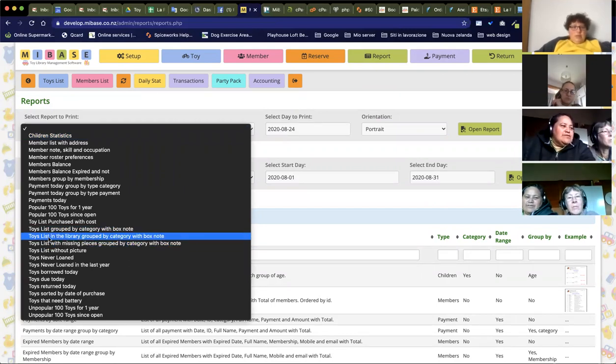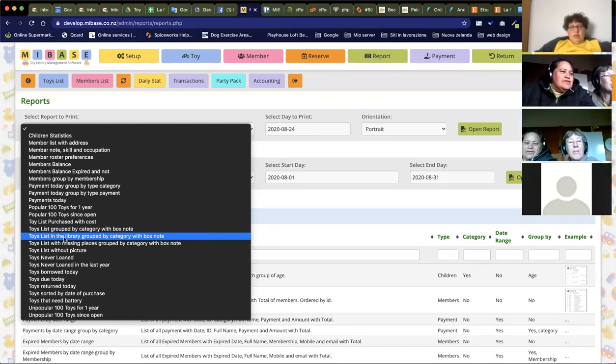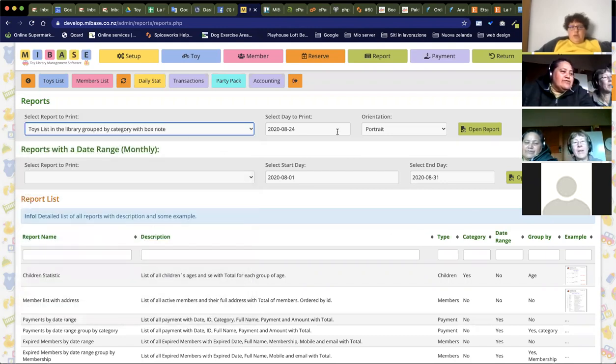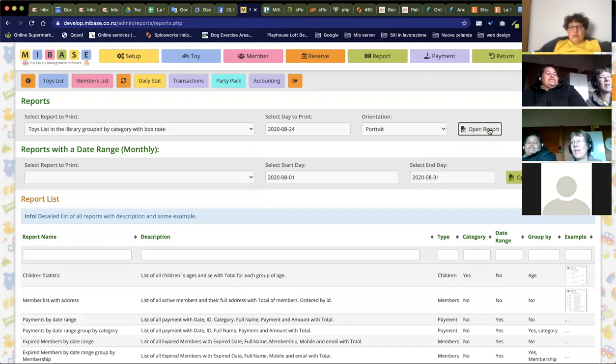And because it's in the library, you will see only the toys that are actually in the library, so not on loan. So you can do the stock take for only toys that are actually in the library. So when you click over here, we have portrait. If you click open report,